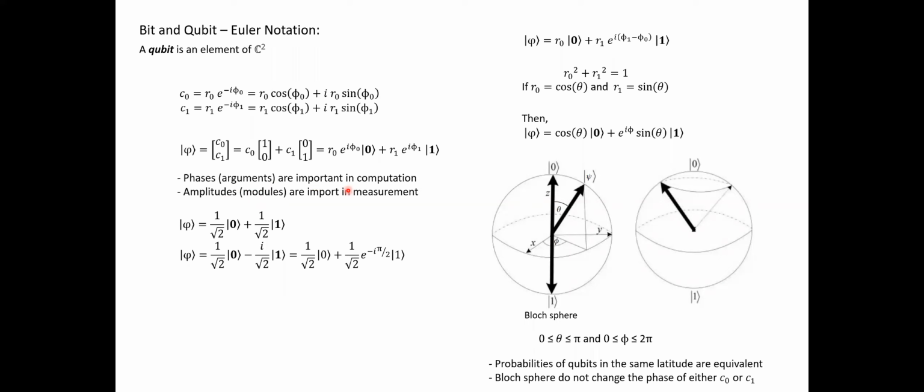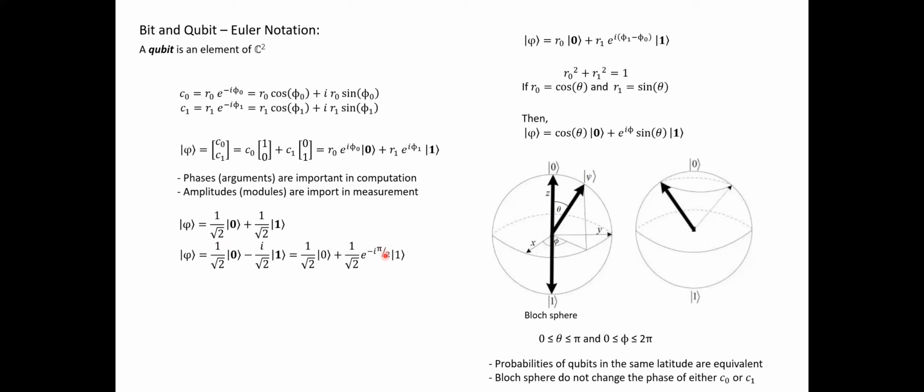But when we measure them, we're going to complete a certain task in quantum computing. So if we rewrite both qubits from the previous slide in the Euler notation, the first one didn't need any change,